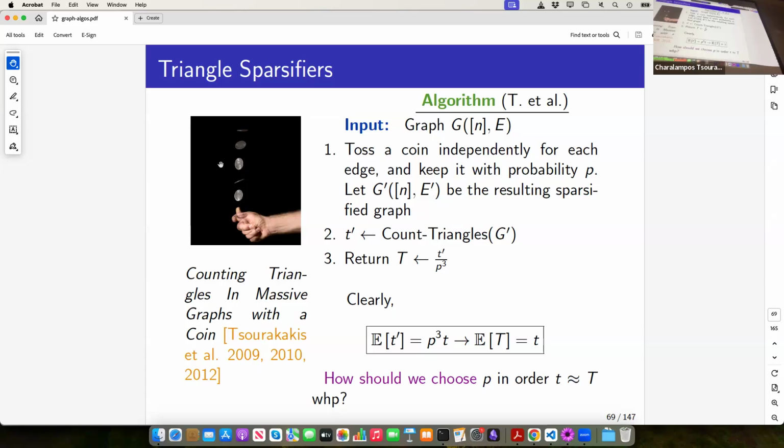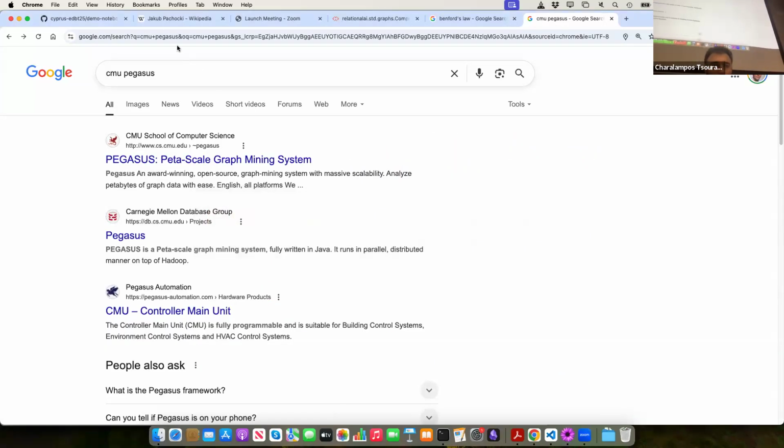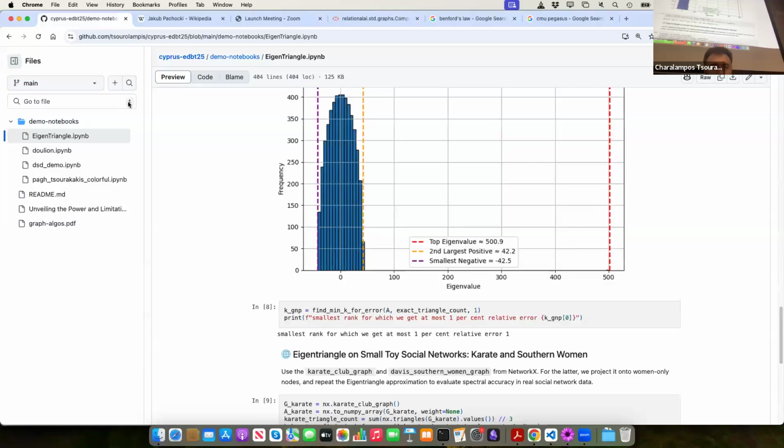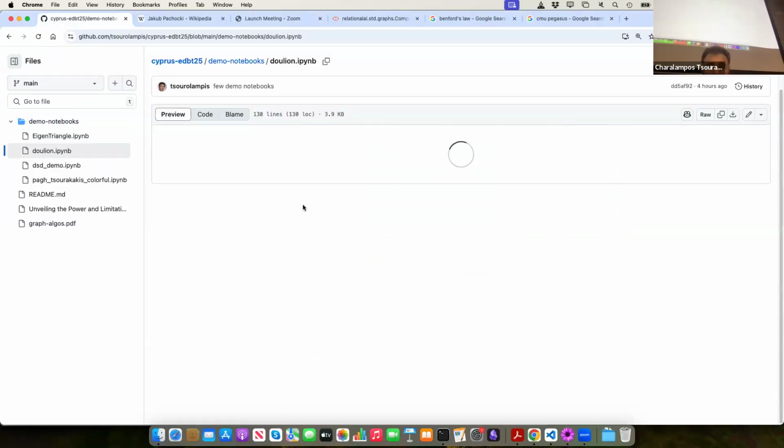Is the algorithm clear? This is it. Let me show you very quickly on the notebook. So if you look, this algorithm, Doulion,